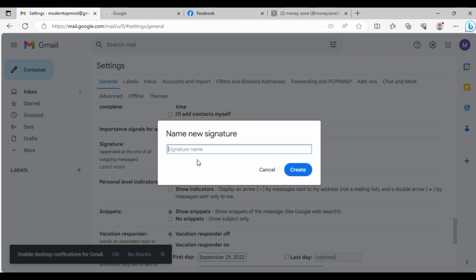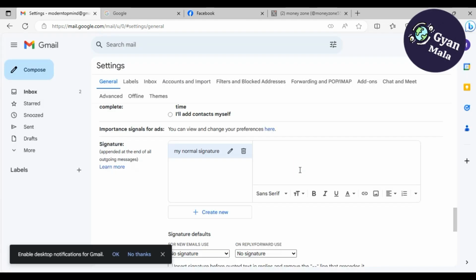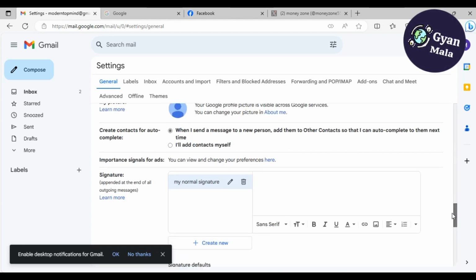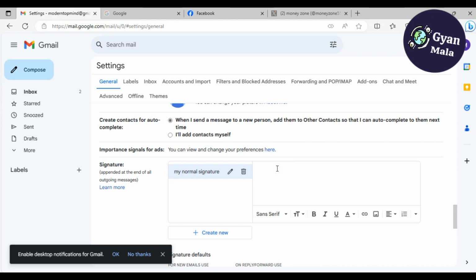and type your name of signature. I just want to type here, normal signature, and then click on create. You can include your information in this box. I want to type. If you want to include the photos, you click here